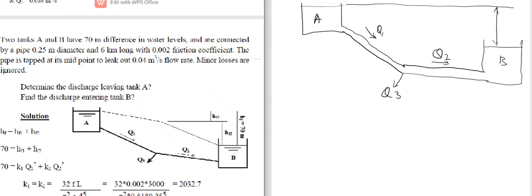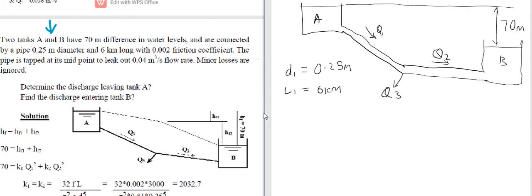Now this question. Two tanks A and B have a 70-meter difference in their water level. So the difference in their water level is 70 meters and they are connected by a pipe 0.25 meters in diameter. D1 is equal to 0.25 meters and it is 6 kilometers long